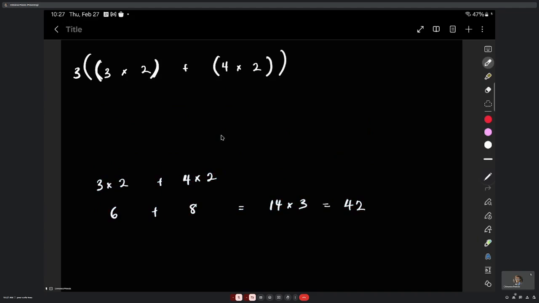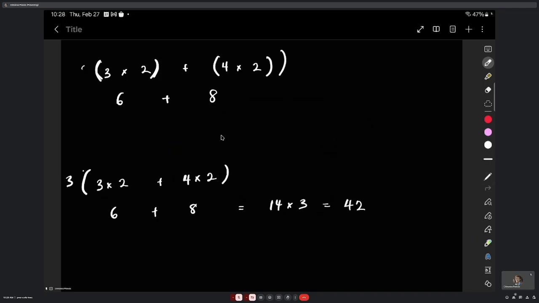Okay, so this 3 times 2 is 6, right? Plus 8. This one is basically the same thing, right? Both of them are the same thing. But in a situation where we have, let's check,